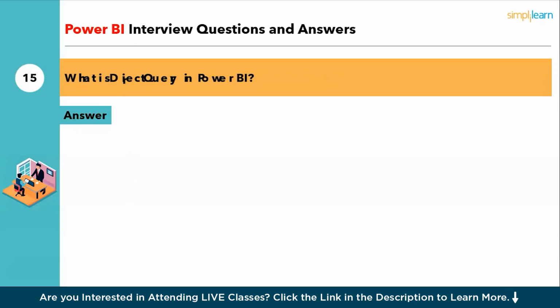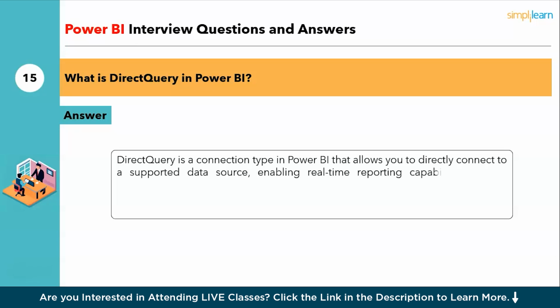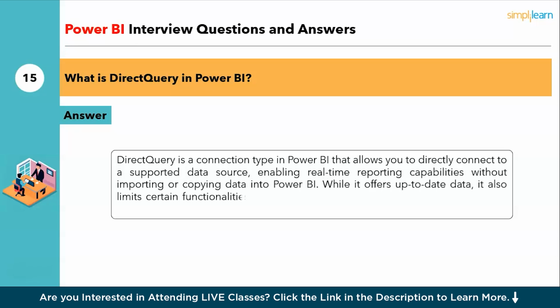Now, the last question for today's session. What is DirectQuery in Power BI? So the answer for this question is DirectQuery is a connection type in Power BI that allows you to directly connect to a supported data source, enabling real-time reporting capabilities without importing or copying data into Power BI. While it offers up-to-date data, it also limits certain functionalities and might impact performance based on the query load on the source system. So with that, we have finished the top 15 Power BI interview questions and answers that are frequently